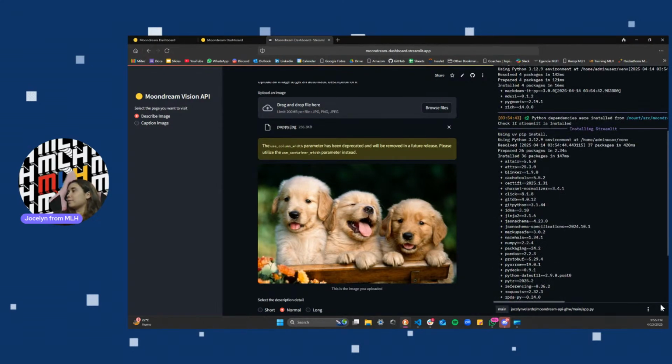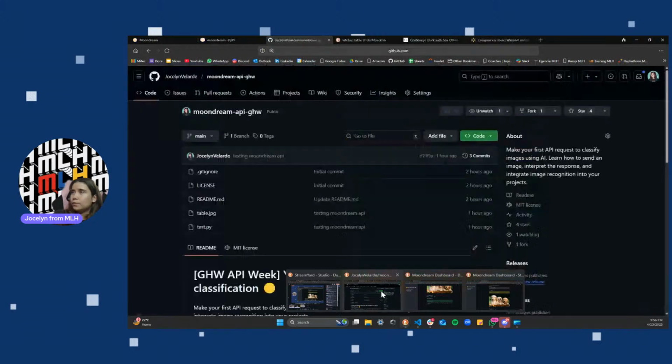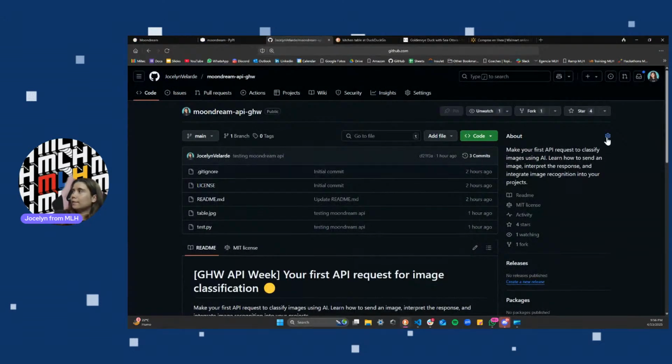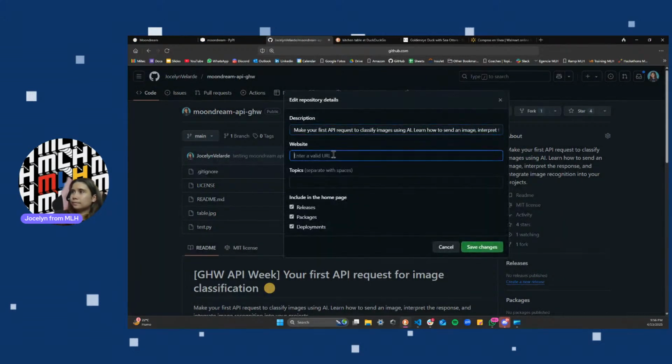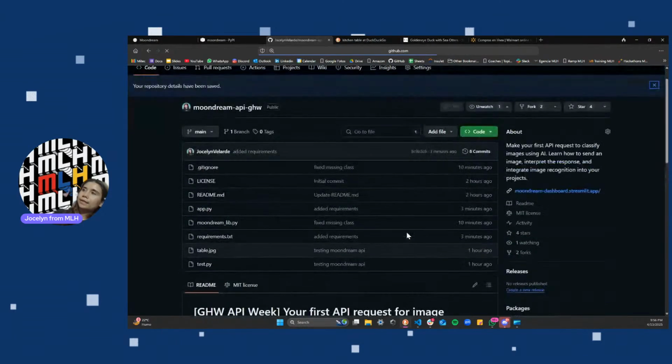Great. So now I can actually share this app with you all, and you can actually test it out as well. Awesome. So on the GitHub repository that I created, I'm going to be adding that link as well. So over here, let me add that link in there. So you can visit it whenever you want. And as I mentioned,